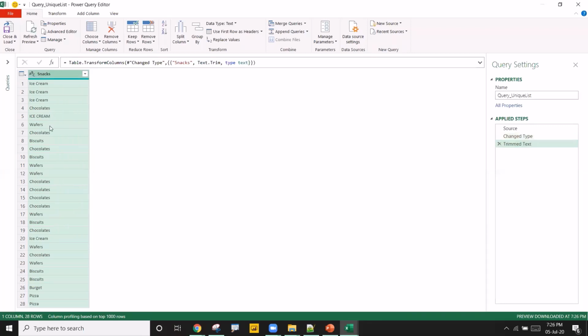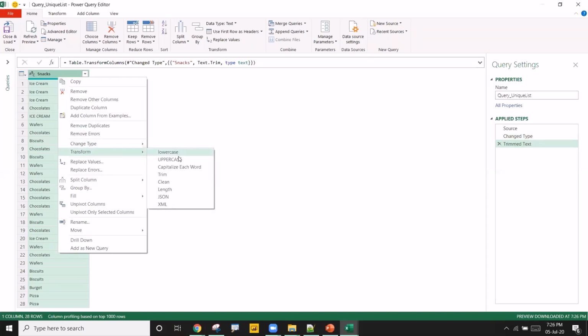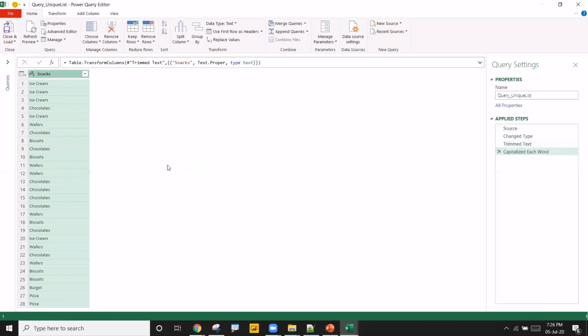I'll apply the trim, and after that, one more time I'll go to transform and also capitalize each word. Either capitalize each word, uppercase or lowercase, any of them. Why I'm doing it, I'll tell you: because Power Query is case sensitive.